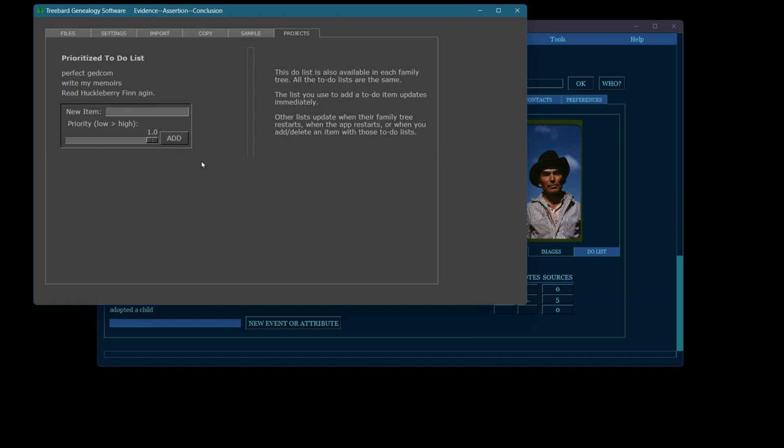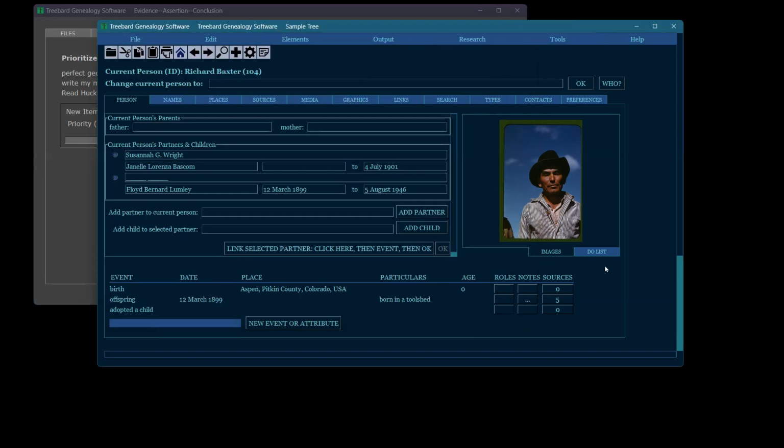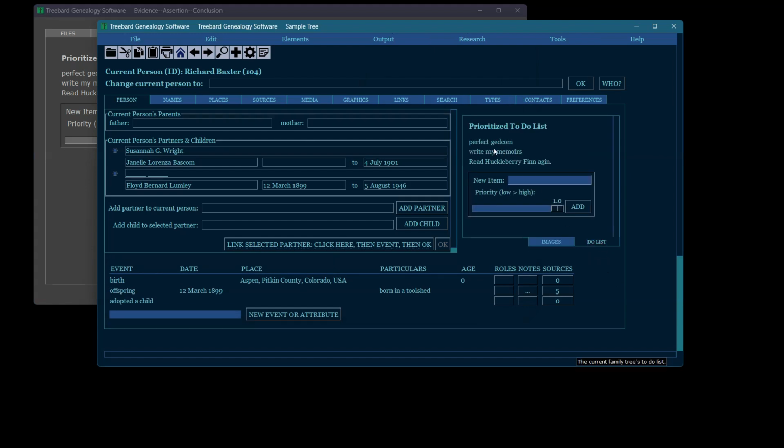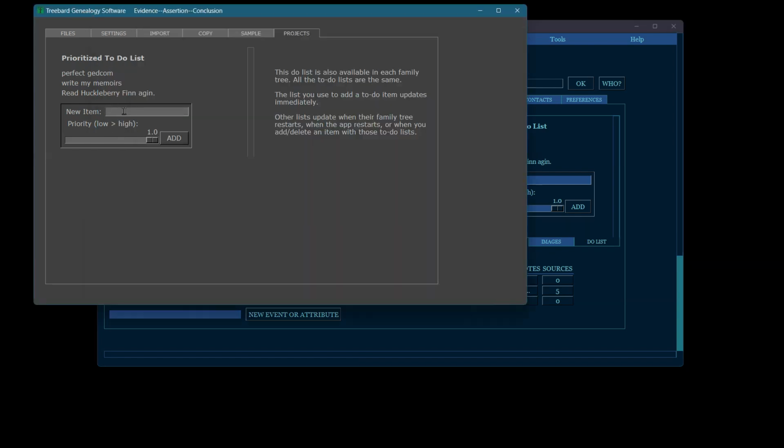In any tree, you're going to have the same to-do list open up. You're going to have one to-do list for you as a genealogist, and it's the same one. See, perfect GEDCOM, write my memoirs, read Huckleberry Finn again. It says the same stuff here. So you can change it from anywhere and the changes will show up in any tree or in the main app itself, which is this,